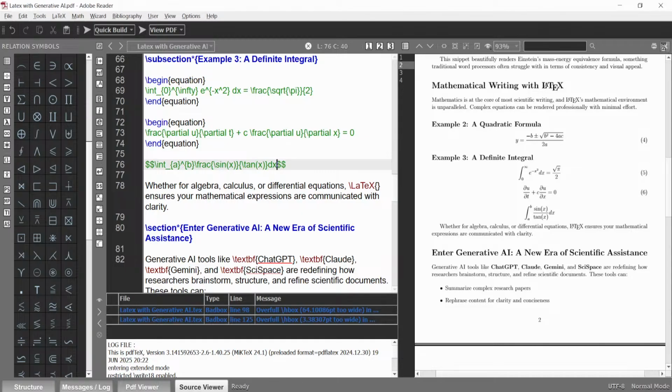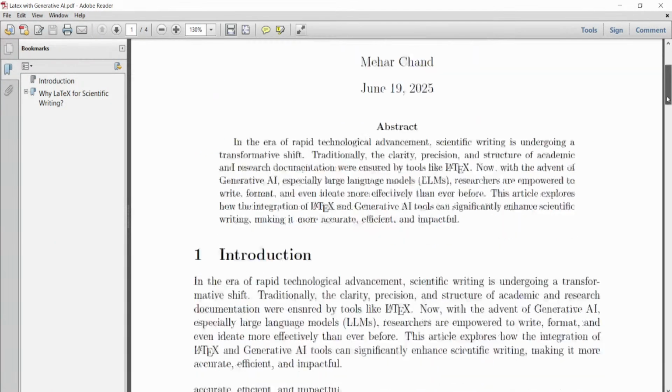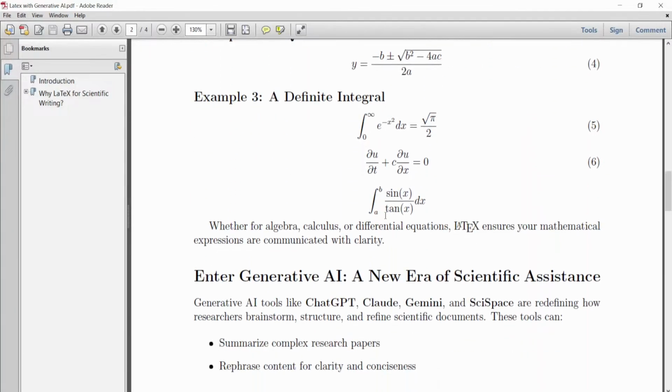I can open the file and see here. Check at this place. See this expression: A to B, sin x upon tangent x, dx. So this type of expression, when you are using a word processor, is very tedious. But the expressions which you see by using LaTeX are very nice. Okay, neat and clean everything. No overlap. Numbering is there automatically.